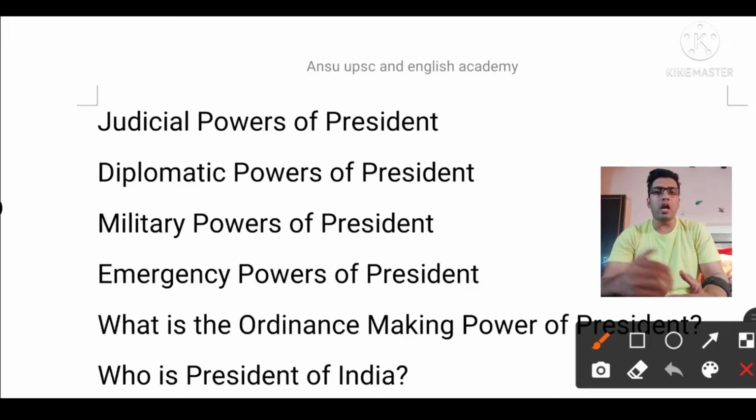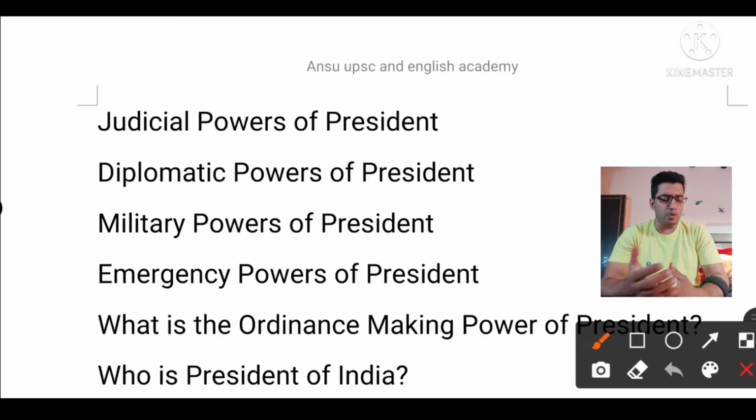But the legislative power we will discuss in a further lecture, because we have not yet covered the parliament organs, Lok Sabha, Rajya Sabha and the president. First of all you have to know about the ordinance power of the president, and only then can I make you understand what legislative powers are available with the president. Here I am going to discuss the military power, diplomatic power and the veto power. Generally we find so many questions from the veto power itself in the preliminary or mains examination.